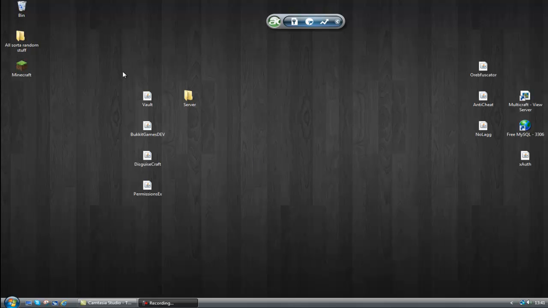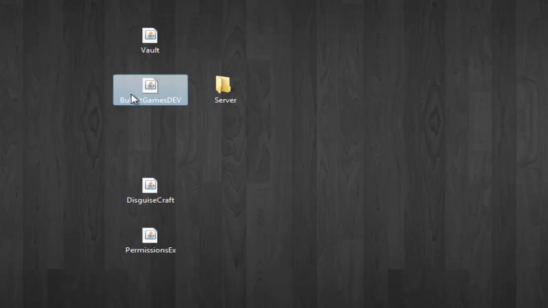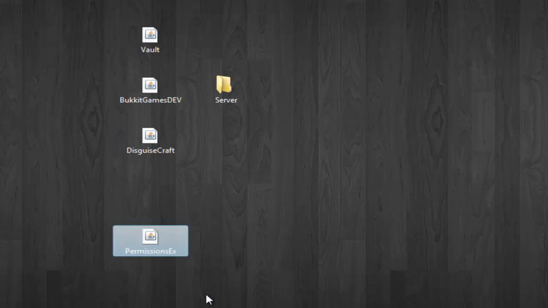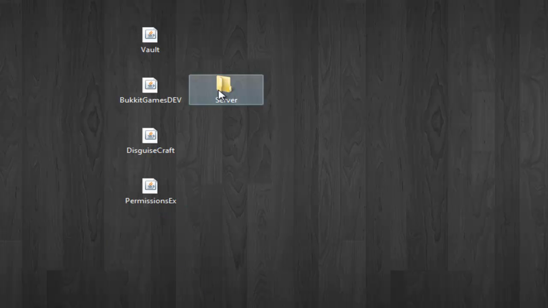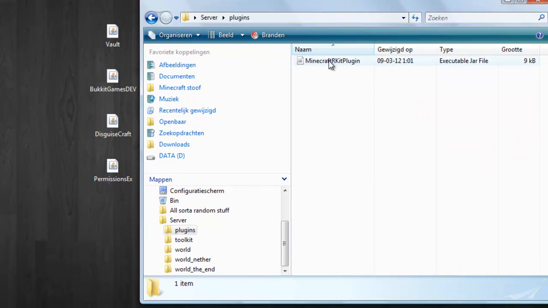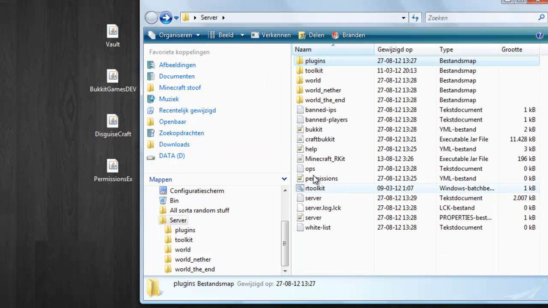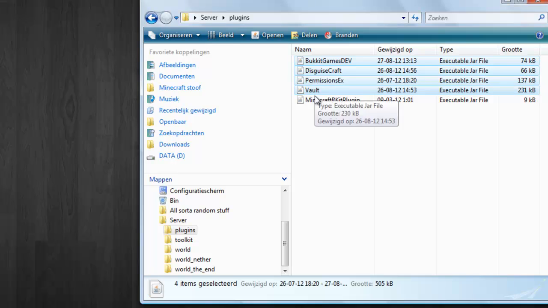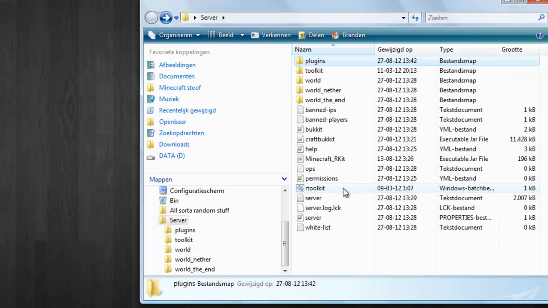Installing the plugins. You need 4 plugins: Vault, the BukkitGames, I use the development build, the Skyscraft for the advanced abilities, and a permissions plugin which I use Permissionsex. So open your server and open plugins. You will see Minecraft's Remote Toolkit plugin here in your plugins folder if you have successfully installed it. If you pay a hoster, you can always send a ticket to the hoster to use the Remote Toolkit badge. So you drag and drop all these 4 plugins into your plugins folder and run the server with Remote Toolkit